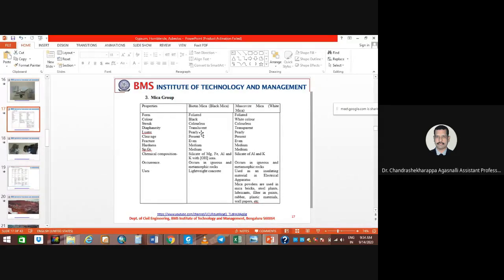And the bedded mica is generally used for lightweight concrete also. See, we use this mica group of minerals because of the magnesium content, iron, alumina, and potassium. We use it in almost all the sectors like steel plants, lubricants, okay, and filters in paints, rubber industries, plastic materials, and even wallpapers. Just imagine how important these minerals are